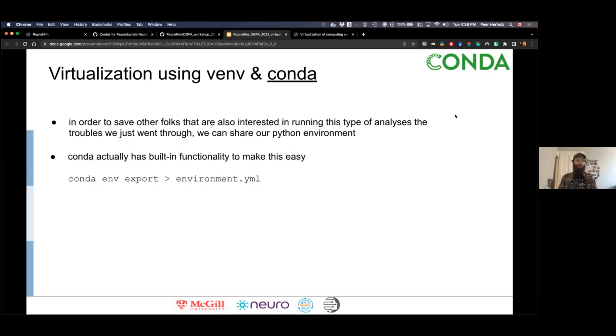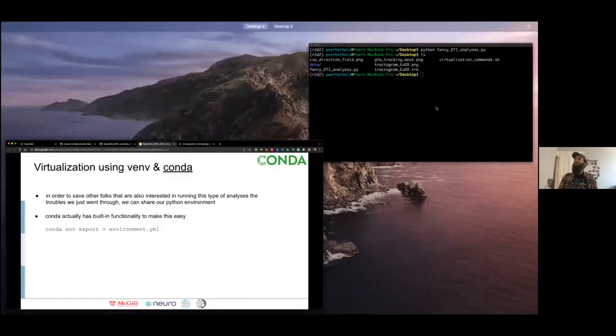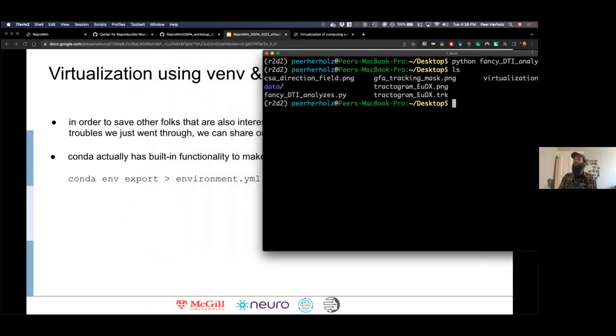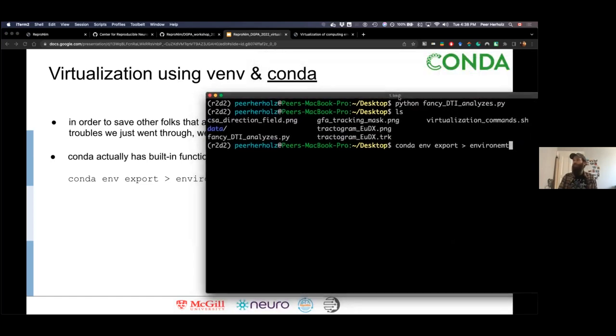And Conda actually has built-in functionality for that to make this easy. What you can do, and again, go along if you want to, just type conda env, indicating you want to do something with our environment, easily and efficiently called export, and share it, and then write it with a name, environment,